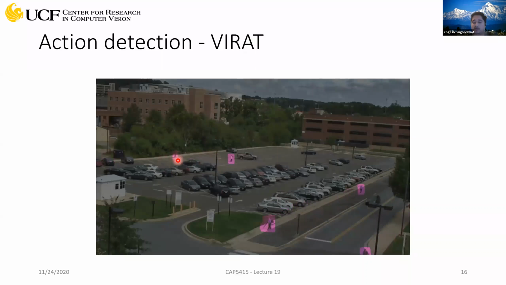You can have multiple actors in the same frame. It has untrimmed as well as trimmed variations, which means that you might have a very long video and you will have regions where there is no activity happening. So in a sense, this is a holistic data set where you can have all the variants you can think of for the task of action detection and action recognition.